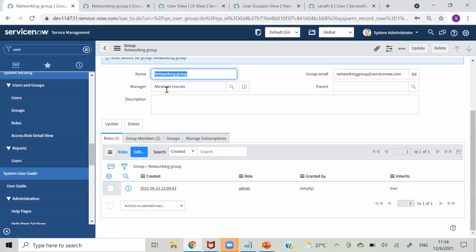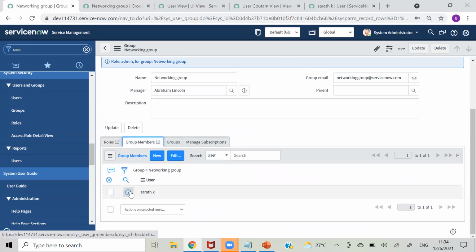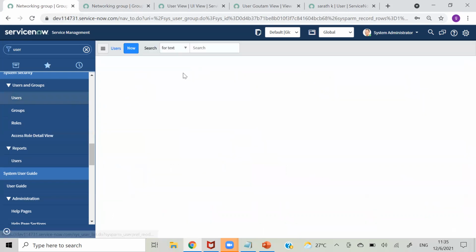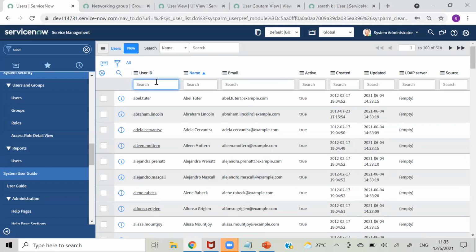So now you can see we have this group, we have added the role, and automatically this member, I will open Sharath.k, and let's see if he has that role now.